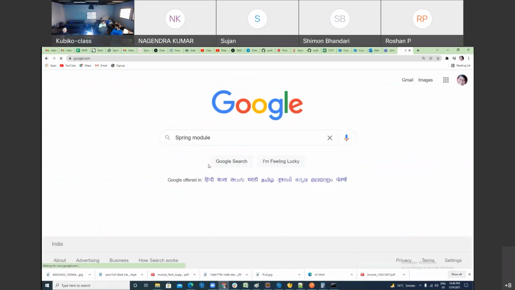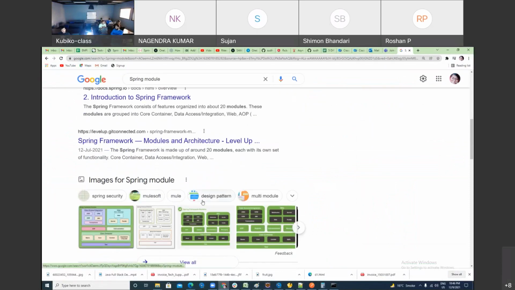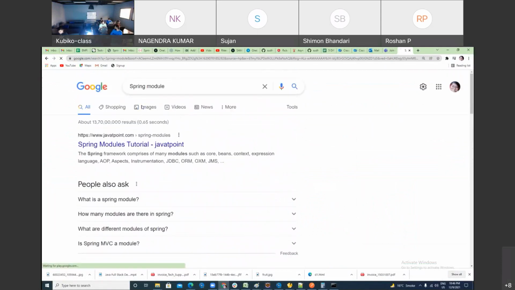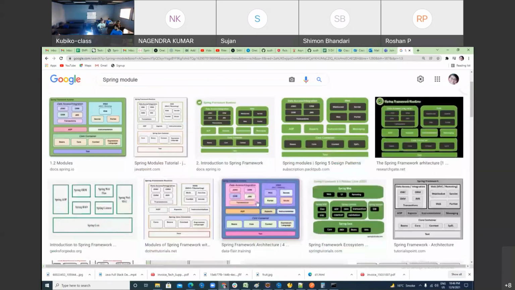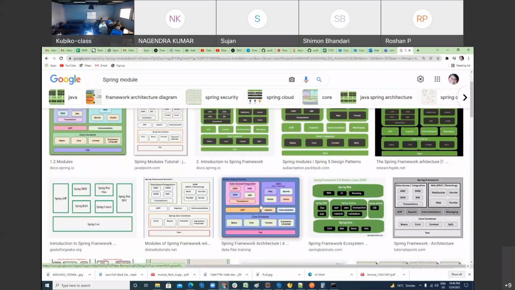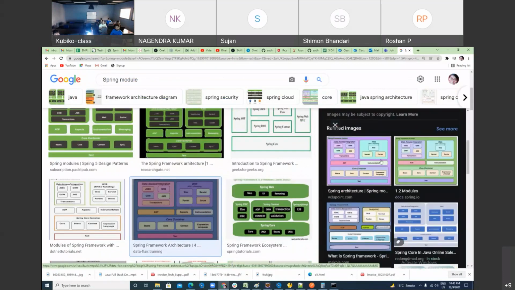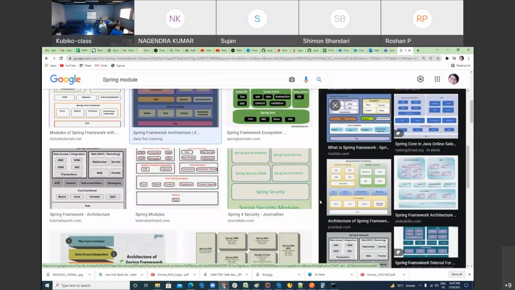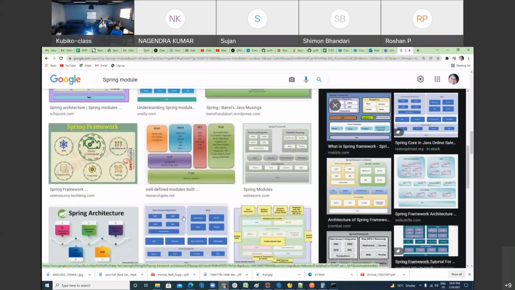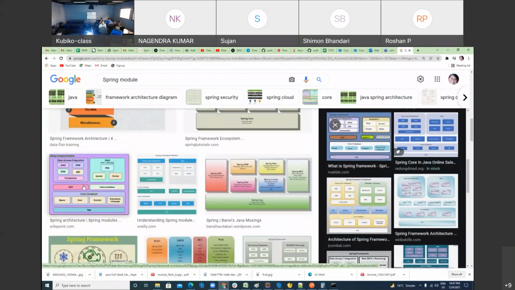A framework is a set of libraries which provides you features, and those features you can utilize in your project. So let me tell you, when you are doing software development, you need to use some features, right? And you have two options for that feature. Either you can develop it on your own, or you can use some third party framework which can give you all those features. So which one is good to go? Spring is the same.